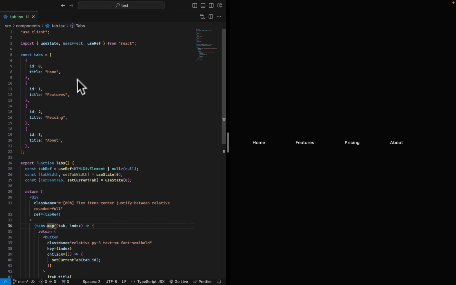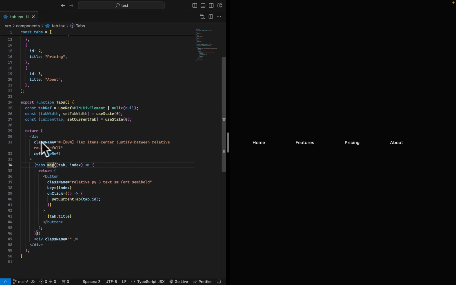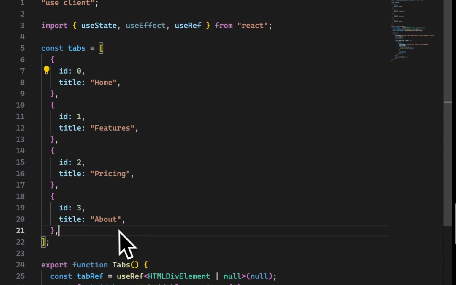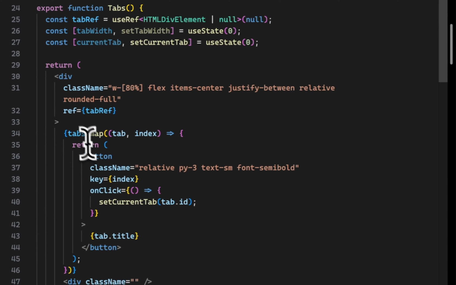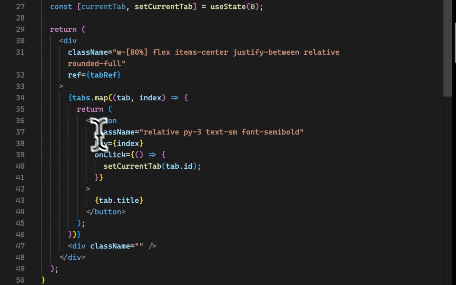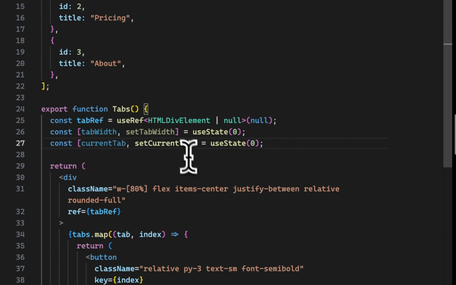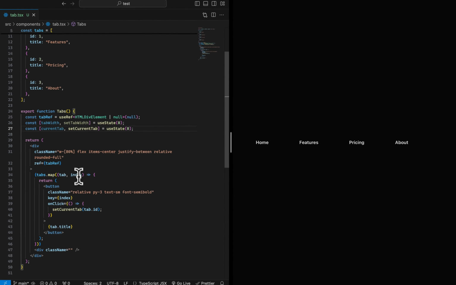Alright, so what I have here is a very simple tabs component, and inside of here I have a tabs array which has a couple of tab objects, and inside of each object you have an ID and a title. As you can see here, I'm mapping through that array, and then I'm rendering out tabs as buttons. Now you can see inside here I have the tab title, and I have an onClick event which is then setting the current tab which I'm storing in a state here,